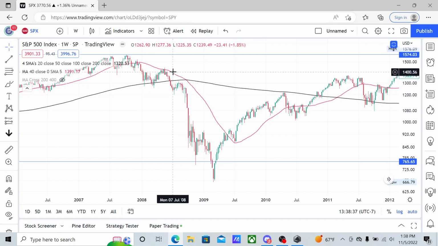Especially bouncing off of the 200-week, then getting rejected off the 40-week, which is the 10-month or the 200-day. The S&P 500 really tends to respect the 200-day as well as the 200-week. So if you're bouncing off the 200-week, then you're getting rejected off the 200-day, that is putting you,